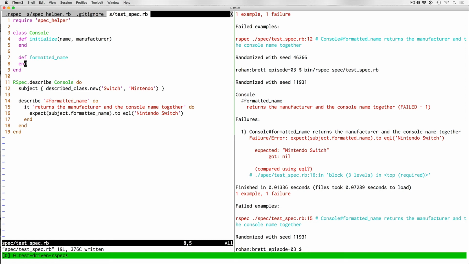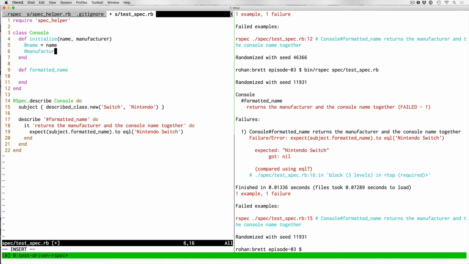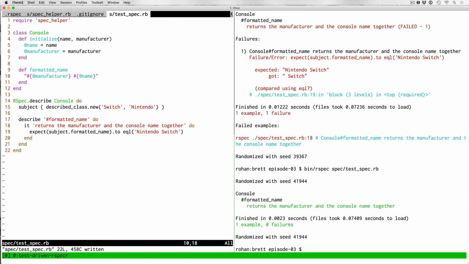It returns nil, but we expect Nintendo Switch. So what we're going to do is assign name to name, assign manufacturer to manufacturer, and then now it's accessible in other methods in this instance. So what we'll do is return manufacturer concatenated with name. Save that, run it again, and you can see, what do we have? A typo. I misspelled manufacturer. Run it again. Runs really quick. So the test took 0.0023 seconds,